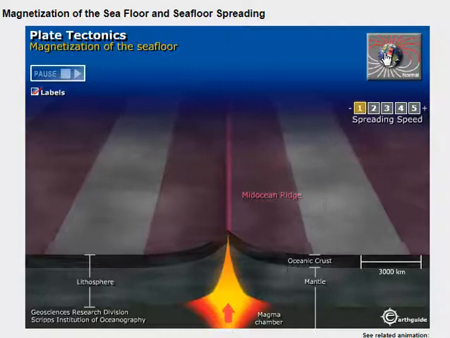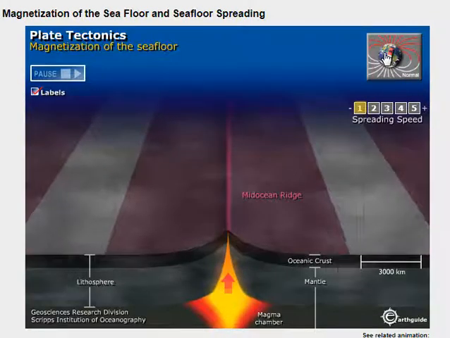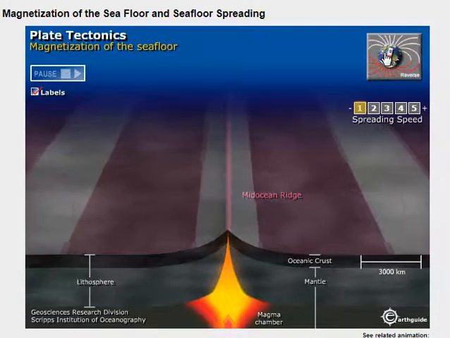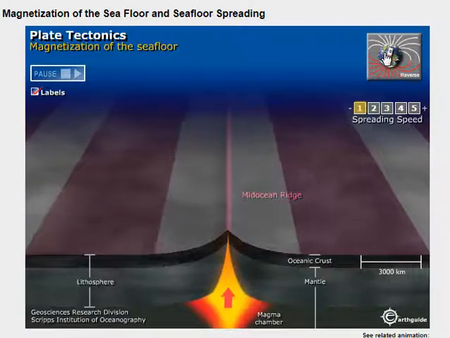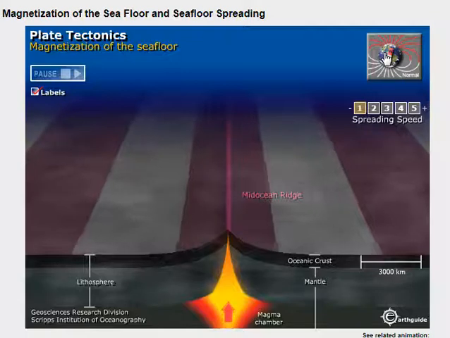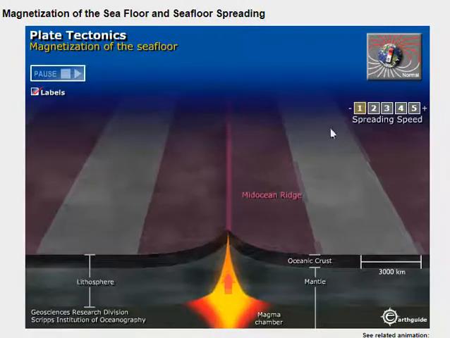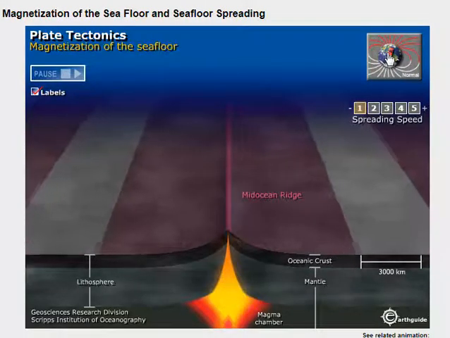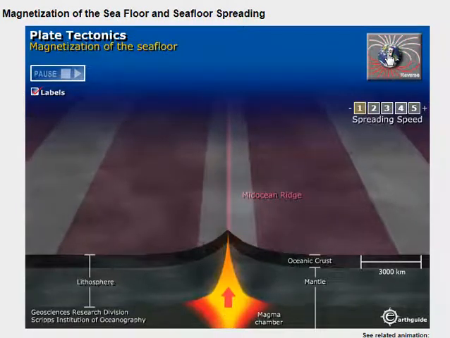So we have on the bottom of the ocean floor these bands of rock with different magnetic orientations in about 2,000 year intervals, showing us that the sea floor is actually being created at the middle